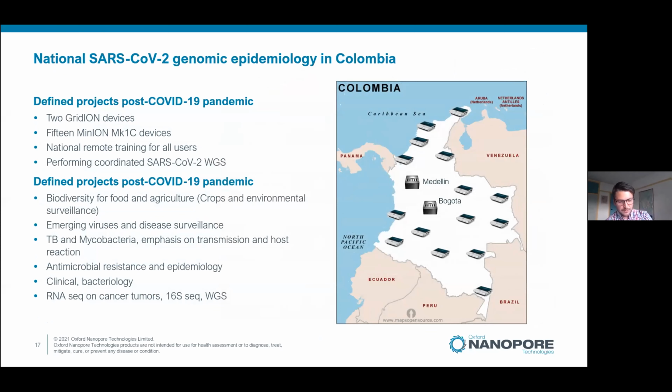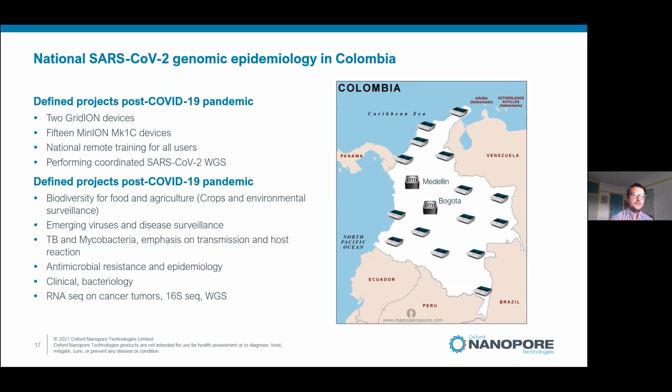So here's another example of how a country was able to deploy Nanopore sequencing very quickly in a distributed manner. In Colombia, they were affected by the COVID-19 pandemic, and so they strategically placed a number of MinIONs throughout Colombia, and also larger scale sequencing centers in Medellin and Bogota as well,